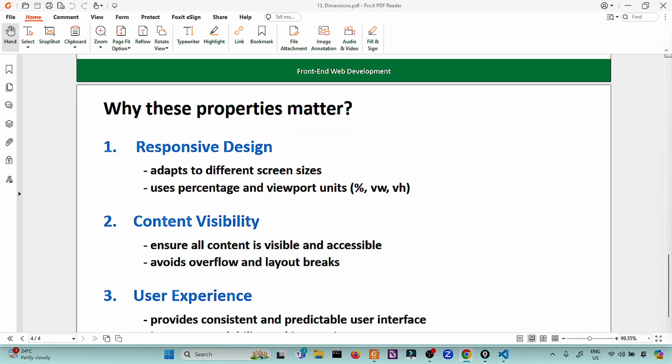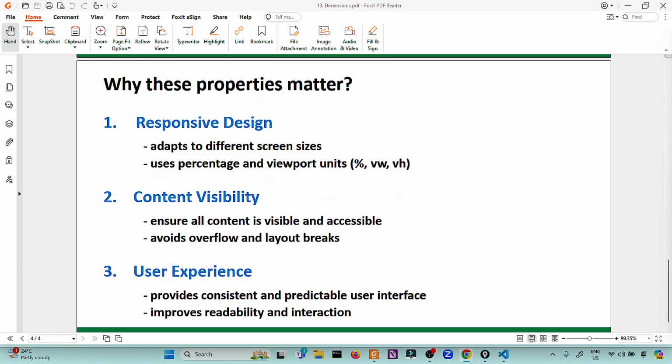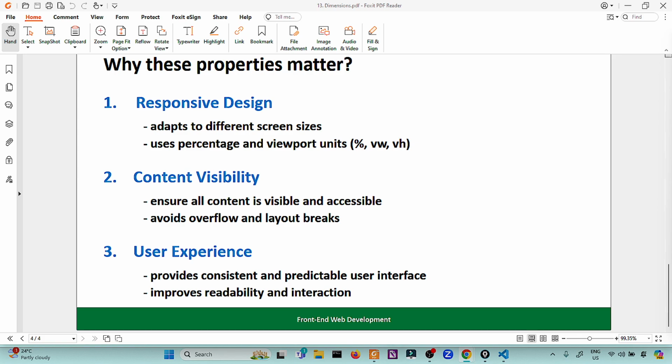First, we have the concept of responsive design, where a web page adapts to different screen sizes. More on this when we get to the lecture on page layout. Most responsive design uses percentage and viewport units. Another one is content visibility, which ensures all content is visible and accessible. It avoids overflow and layout breaks.